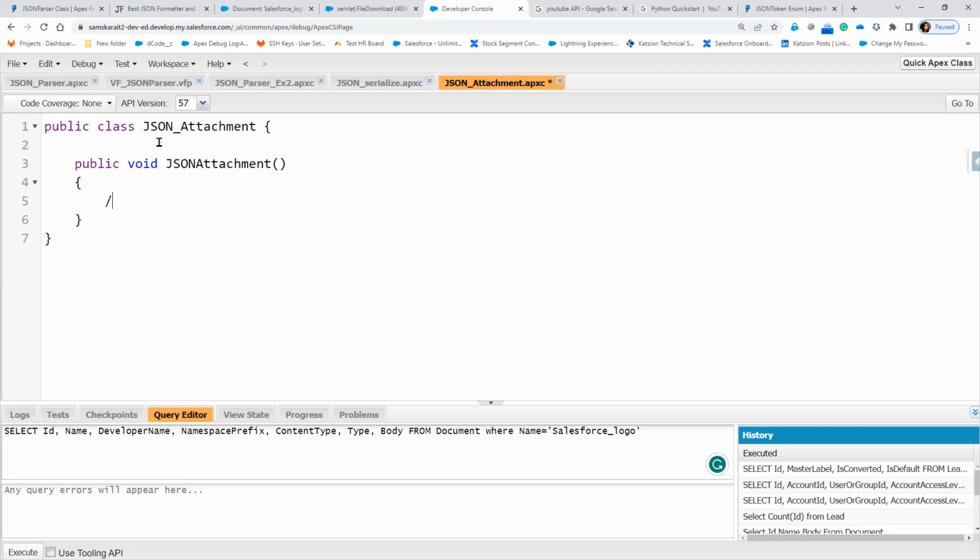Now first, step 1, I need to retrieve the attachment from the document object. First I need to get that, retrieve the image from the document. Now step 2 is,